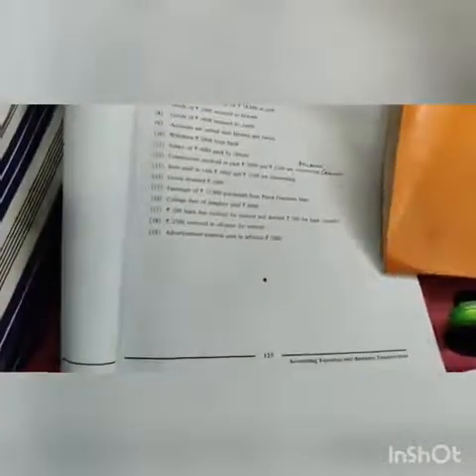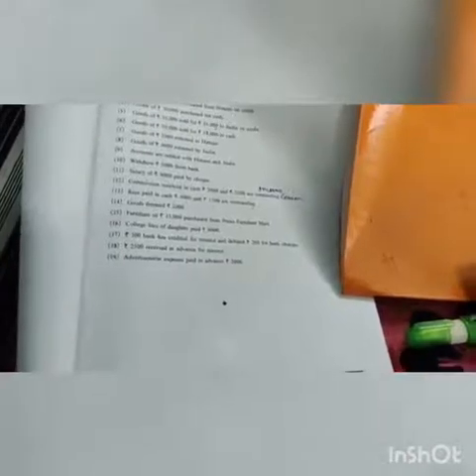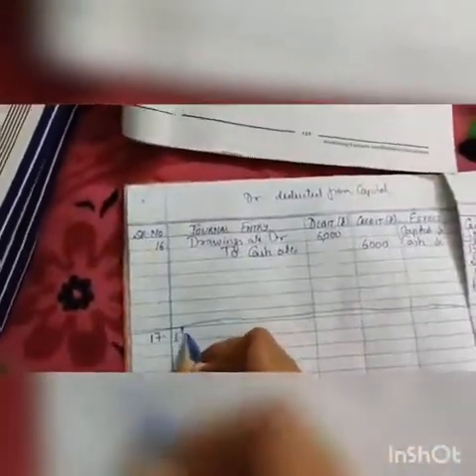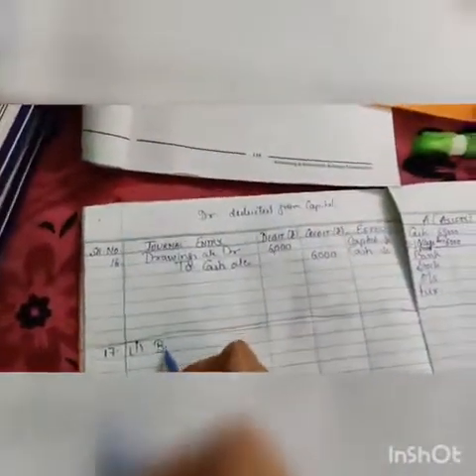What they have given, see, 500 rupees bank has credited for interest and debited 200 for bank charges. Again here, there are two transactions which we have to give simultaneously. So first we will write down the transaction only for the first one. What they have written, bank has credited. What shortcut I have taught you? See, bank has credited means interest is your income. Whenever they have written credited, you will debit the bank. Remember that much. Clear? So here in your answer you will debit the bank.